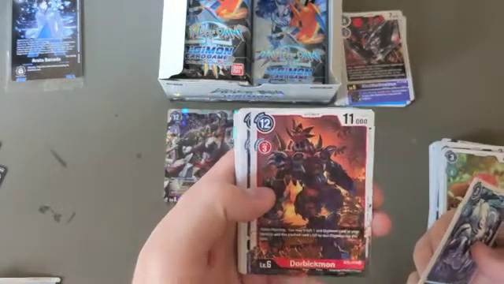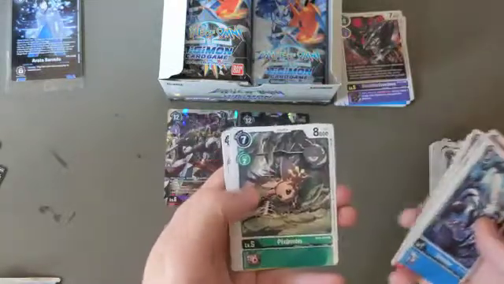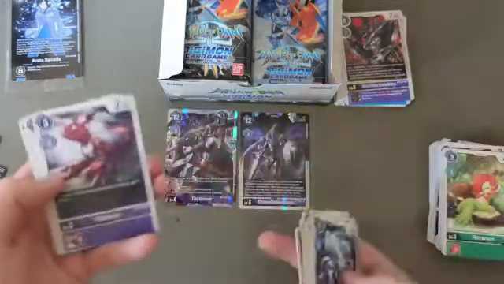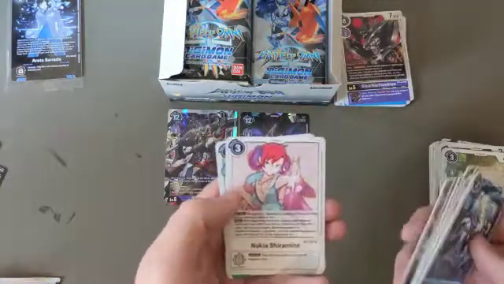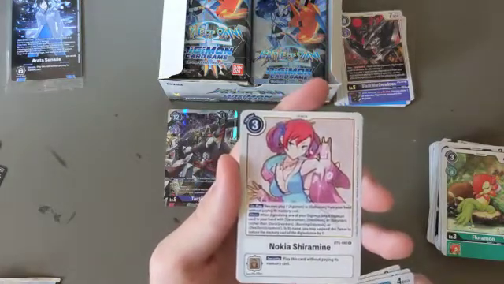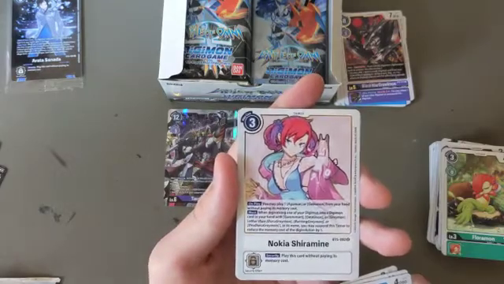Dorbikamon, interesting, but very cool. I love just any extra full art cards that we can get, not just SRs. I think it's cool that they do that. Guiamon, so we got almost the whole gang. Nokia Shiramini, another solid white tamer. So really good for any Agumon or Gabumon line stuff, and